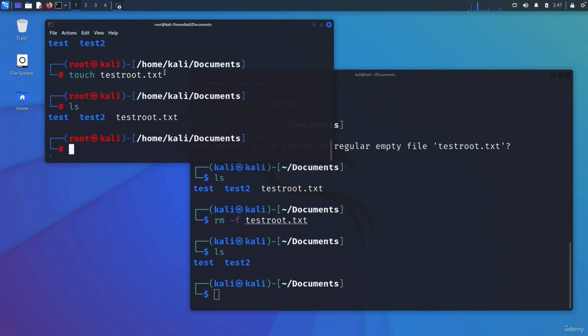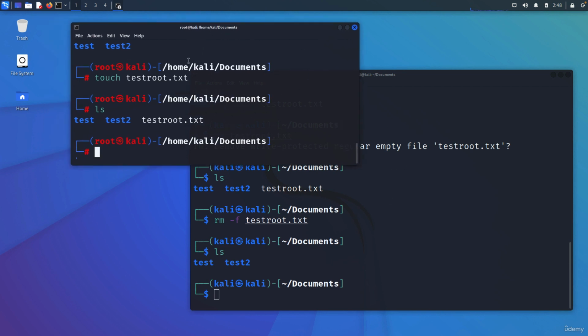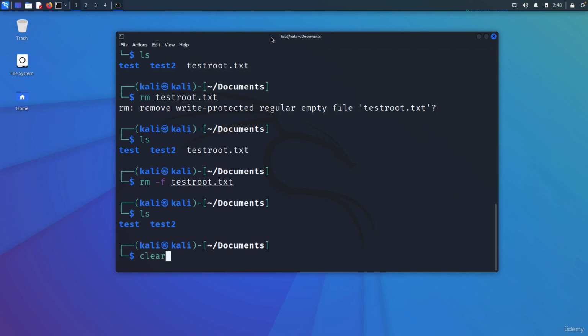So let's try to see some alternative ways to leverage root. For example, switching from Kali to root or executing commands with sudo. Let's try to do that because you may need to learn about those things as well in the upcoming lectures. So what I'm going to do, I'm gonna close the root terminal over here or just minimize it and go with the Kali terminal to show you something like becoming root without even opening the root terminal. Okay, so you need to learn about that as well, because once you go into the industry, you will need all those skills. So I'm gonna close this down and I'm gonna clear this thing.